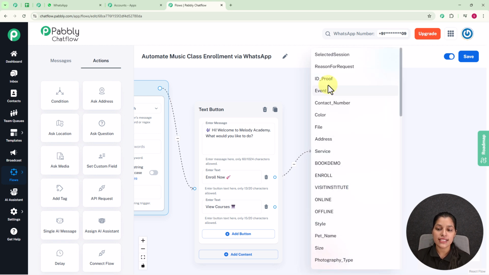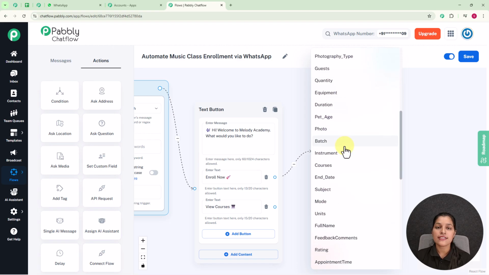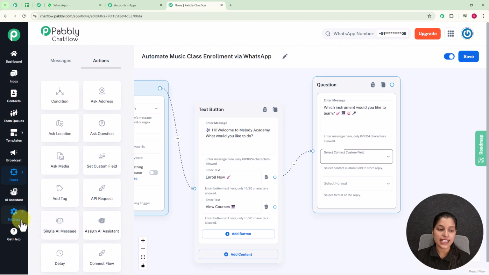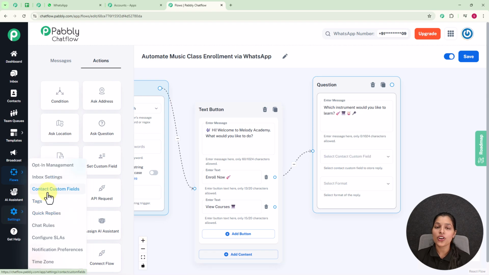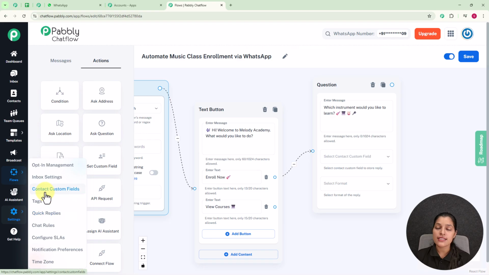So here you can see these are the contact custom fields I have created. You can also create your own contact custom field. For that you simply have to go to settings, and here you can see we are getting the option for contact custom fields. But before that you have to click over the save button and save your flow so that your data doesn't get lost. And once you click over the contact custom fields, you will land on the contact custom fields page,